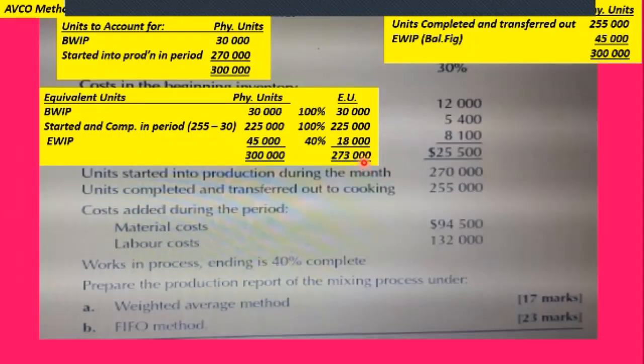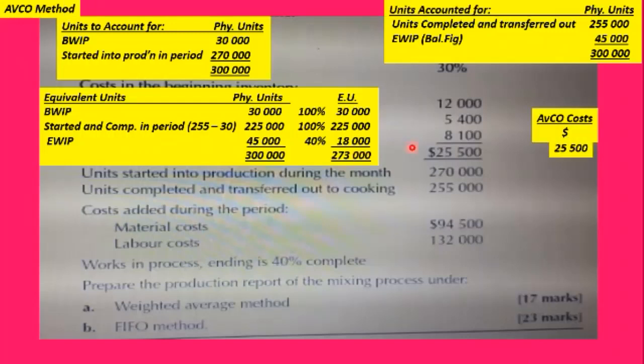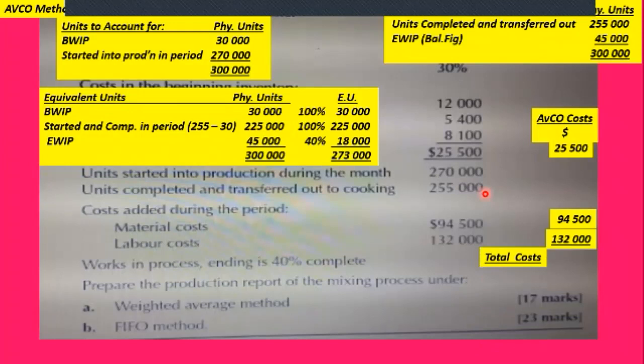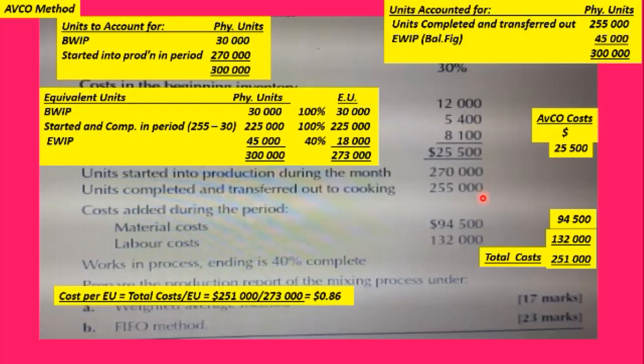And this is the figure we're going to use to calculate our cost per unit. We look at the AVCO cost now. First, we include the amount from the previous period, and then we take the cost for this period, 94 and 132. We get a total cost of 251,000. And then we divide that by,